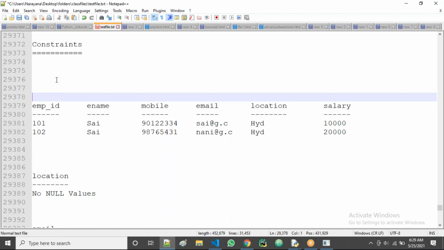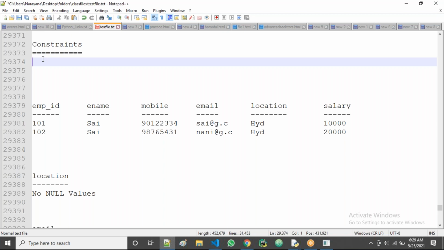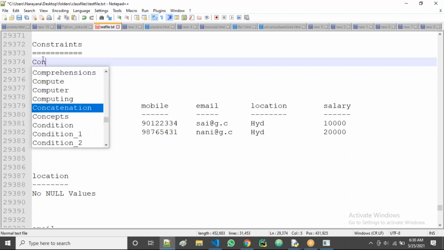Now, I hope you understand the need of constraints, guys. All are clear, right? So constraints are used to specify the rule that allows what values will be stored in the table. They allow the data which enters into the table.